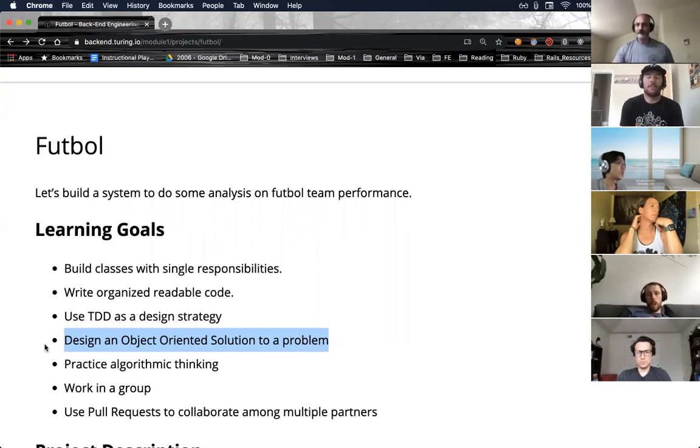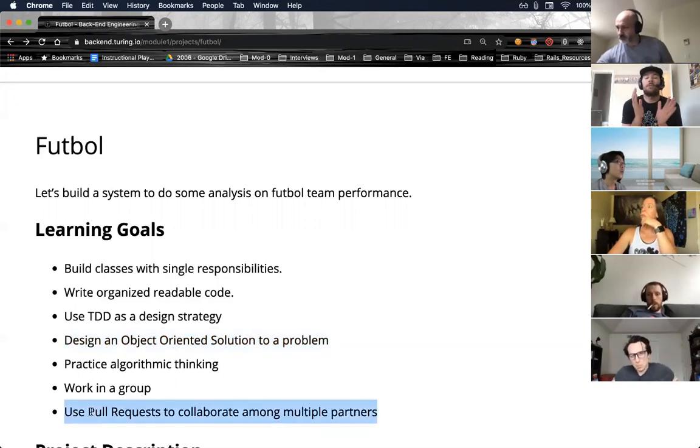And so the way that this project is structured is a little bit different. You'll be in groups of either 3 or 4. There's one group of 3. Everyone else will be a group of 4. So now there are many more moving parts than just a paired project. So having a Git workflow defined and collaborating on your pull requests are going to be vital parts of this project. What else?